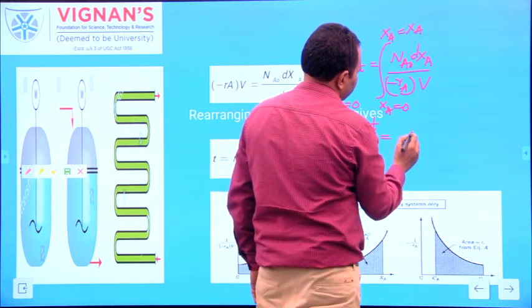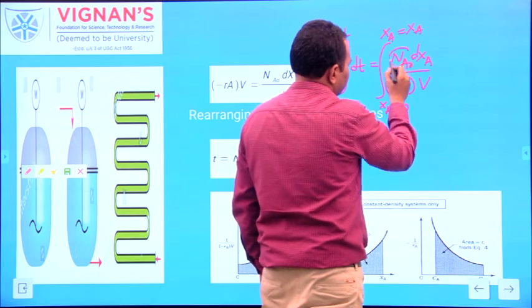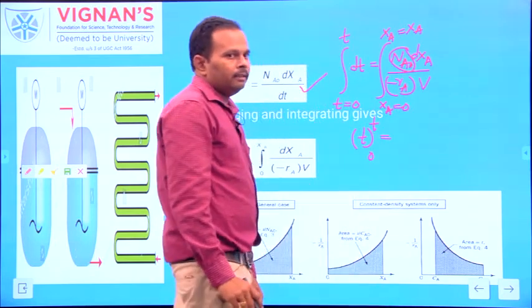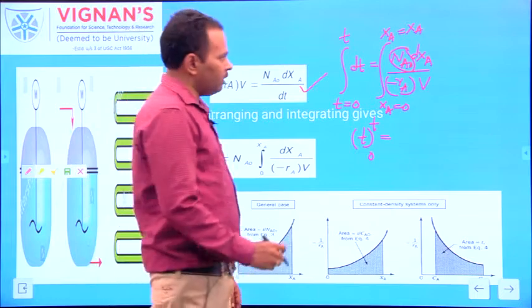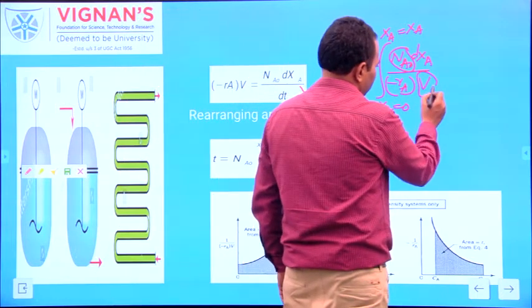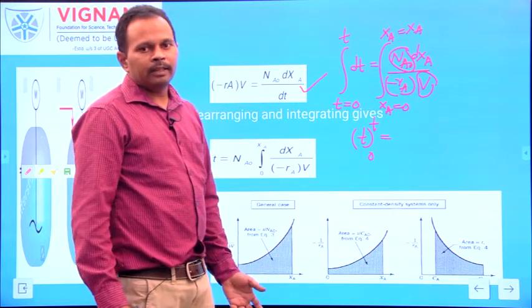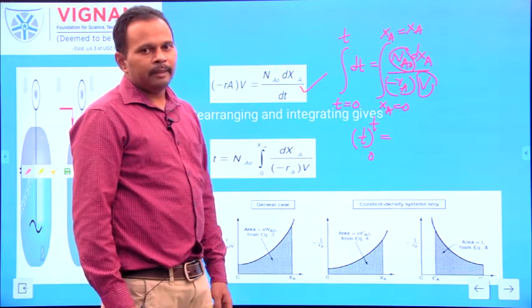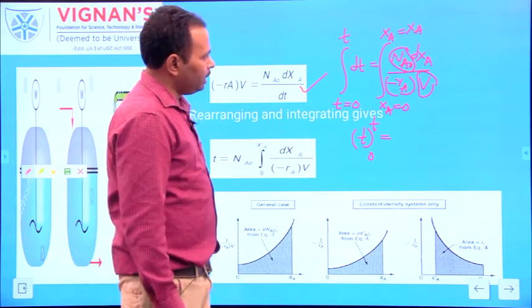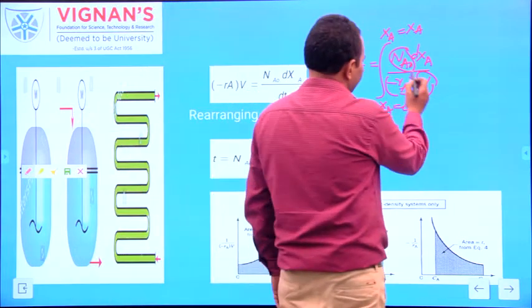On the right hand side, Na naught is constant, the initial number of moles of A is constant. Since this is a batch reactor, volume is also constant. Both can be taken out of the integral. Why? Because the initial number of moles of A is constant and volume is constant. Since a batch reactor is a closed vessel, the entire volume of the reaction mixture is constant. Na naught by V is taken out of the integral.